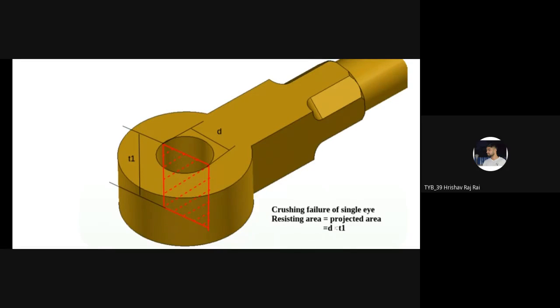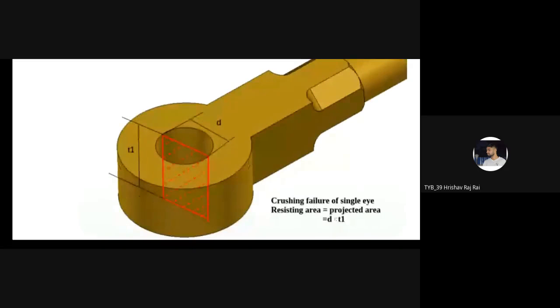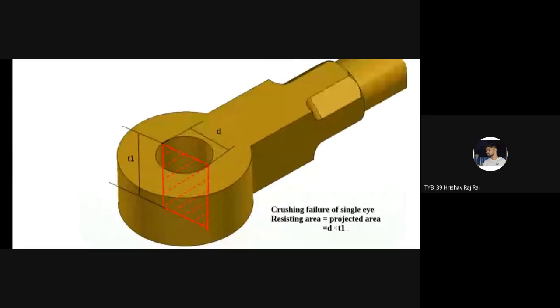Now here we are going to calculate the area as well as the value of crushing stress. While calculating this area, which is very simple, how can we calculate it? That is horizontal dimension multiplied by vertical dimension. The horizontal dimension will be the diameter of that pin, that is D, and the vertical dimension is T1. So D multiplied by T1 is the total area undergoing the crushing,